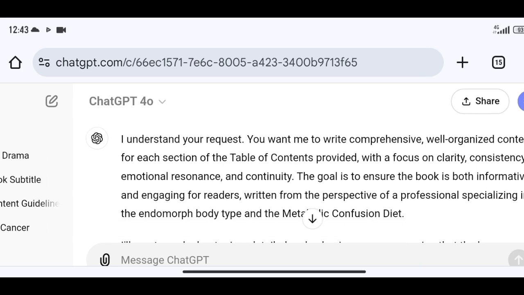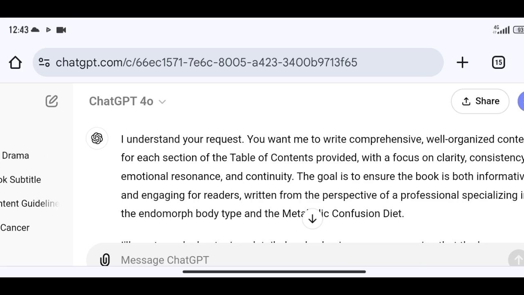I understand your request. You want me to write comprehensive, well-organized content for each section of the table of content provided, with a focus on clarity, consistency, emotional resonance, and continuity.